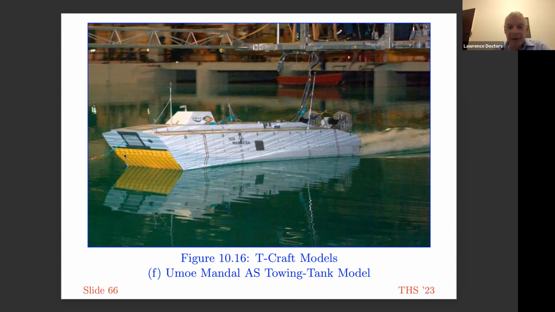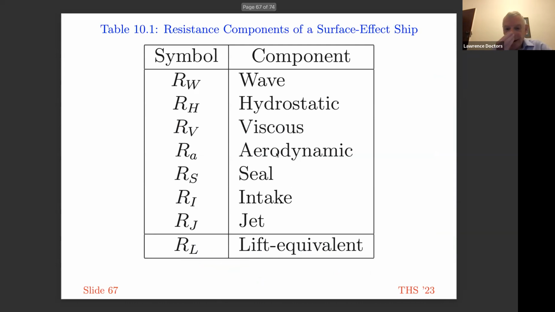One can see the bow skirt with 12 fingers, and they were able to provide me with some experimental data. And just very briefly, to finish off my presentation, an analysis of a surface effect ship involves a number of components. We've got the wave resistance, there's the hydrostatic resistance from the cut-off transom sterns of the side hulls, there's viscous resistance because of friction on the side hulls, there's aerodynamic resistance because of the air forces on the